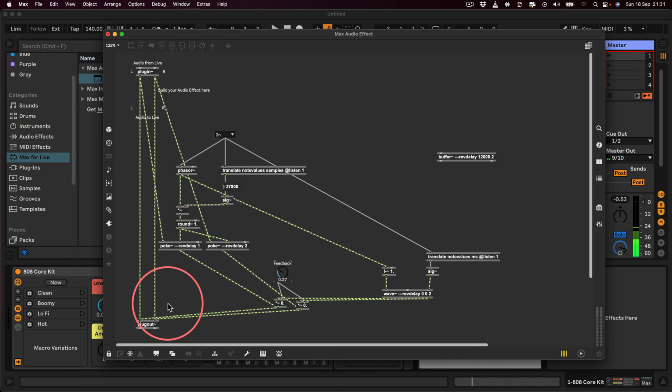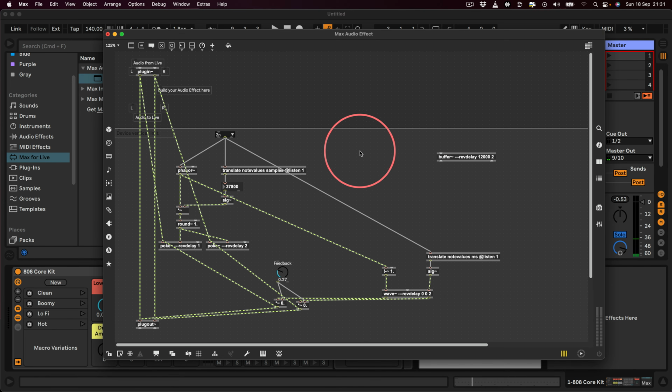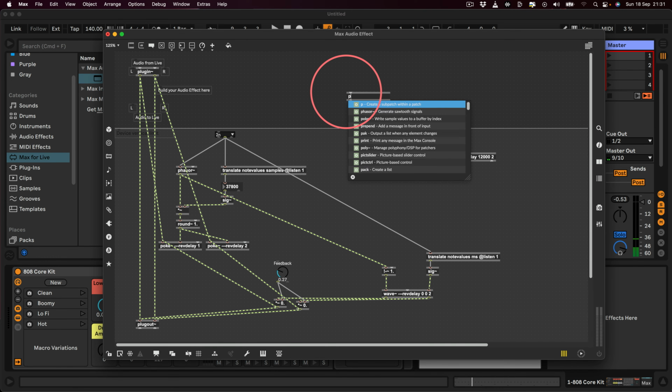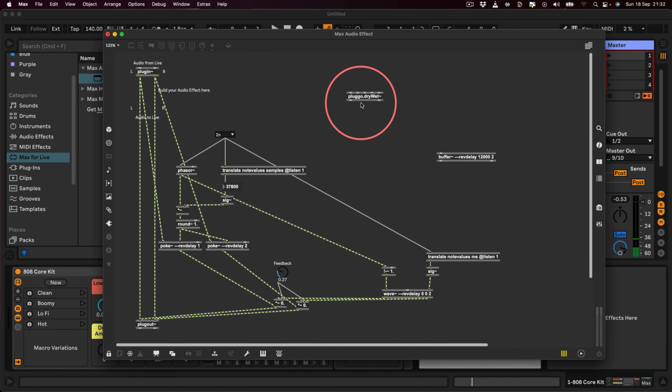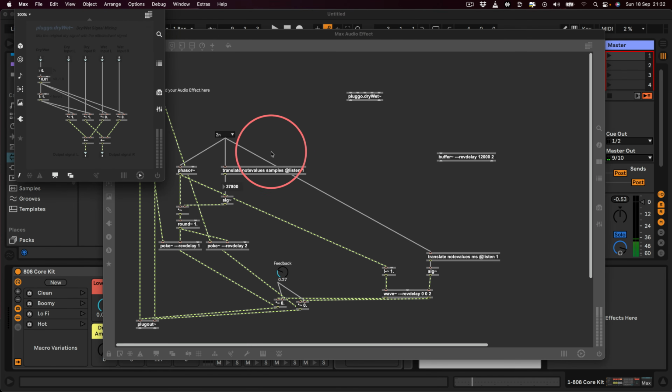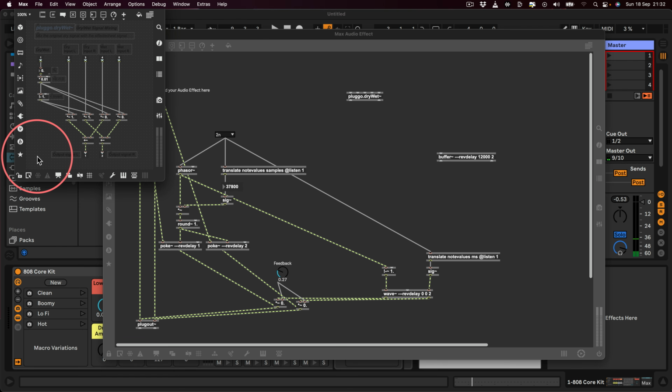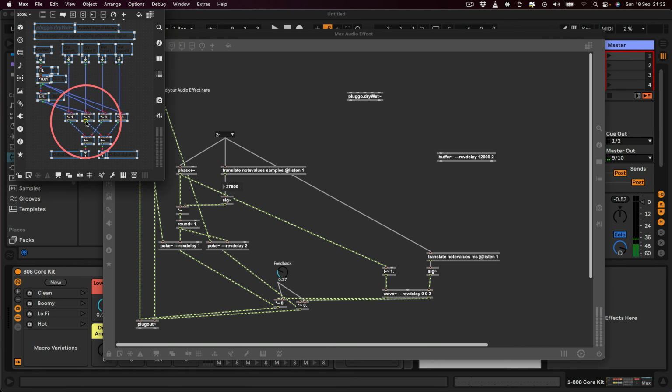So probably we need a dry wet now, and I'm just going to do what I normally do, which is type plug-o dry wet. I'm going to lock the patch, double click this. This is just a really ancient plug. I can't get hold of it. Okay, that's fine. Modify read only. I'm going to get all of that, copy,